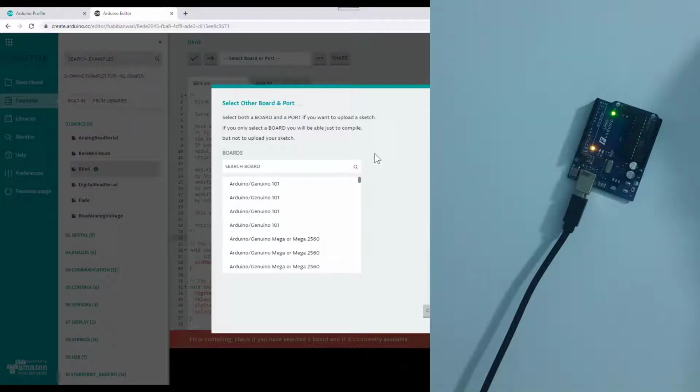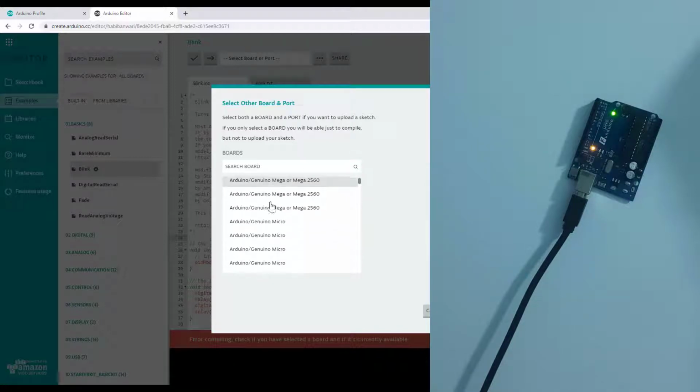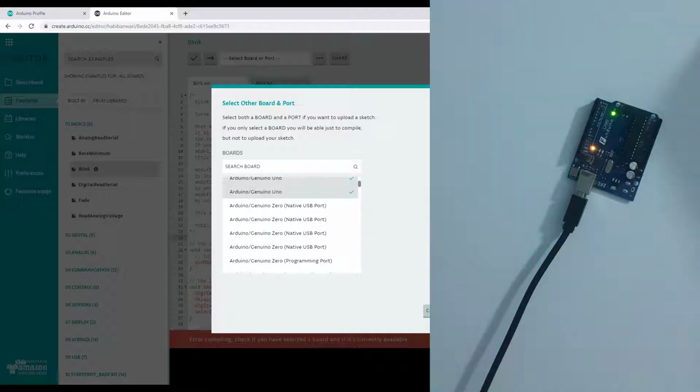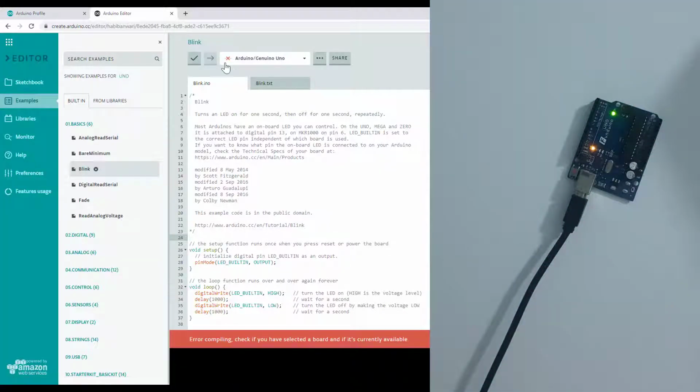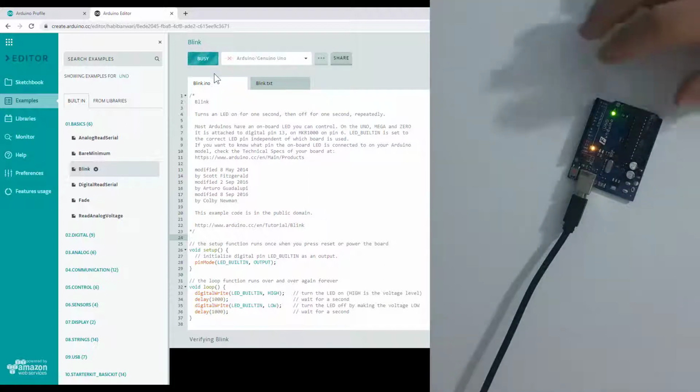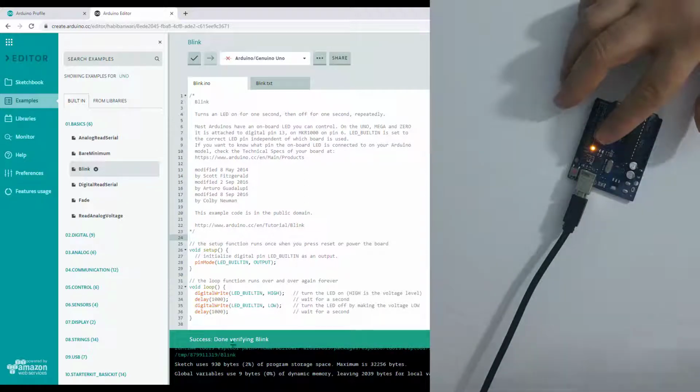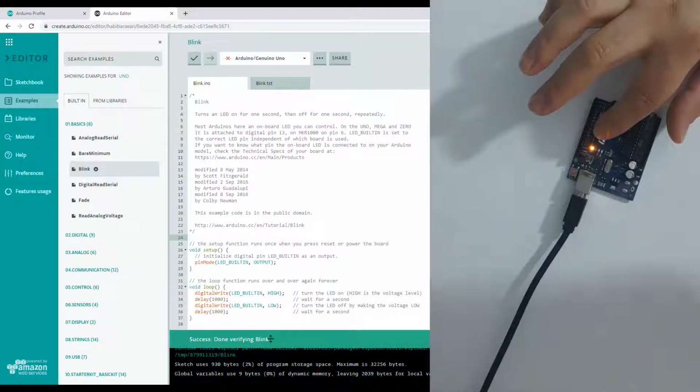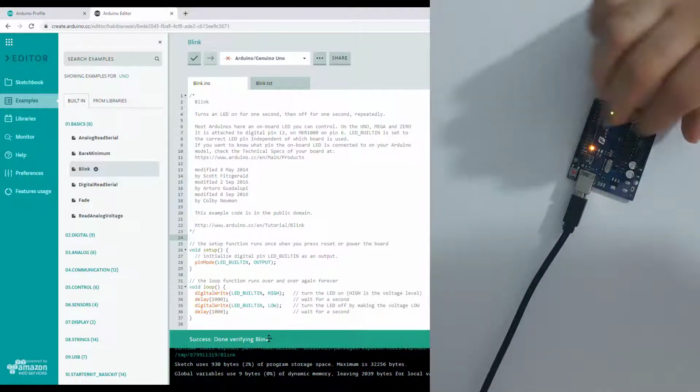So here you need to select your board. Our board is Arduino Uno. So on the drop down list, you need to select your Arduino. In my case I have Arduino Uno. Select that, click OK, and click verify. So it verified, and then you can,